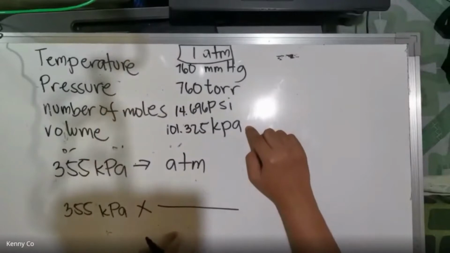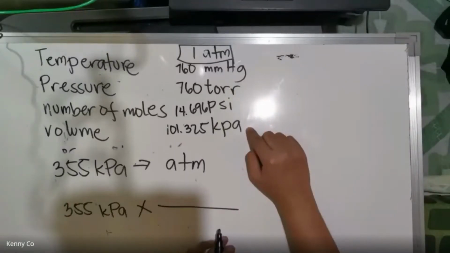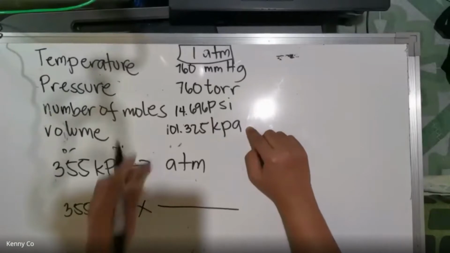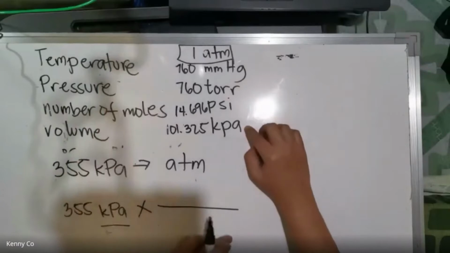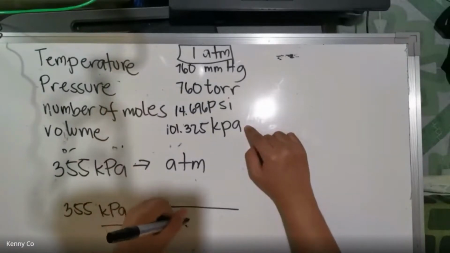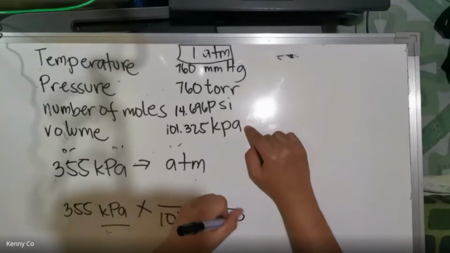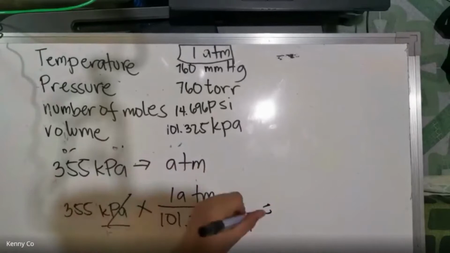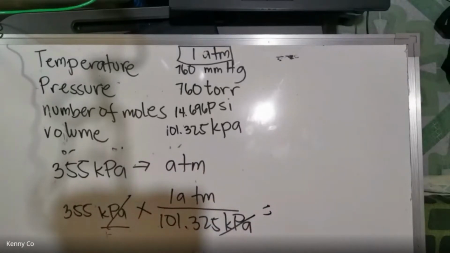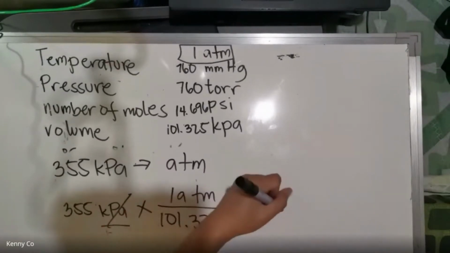Sino ang ilalagay natin sa denominator? Si kPa. Okay. Our denominator, yung unit niya, ay dapat the same din sa given para ma-cancel. So, 1 atm, 101.325 kPa, ang lalagay natin sa denominator ay yung kPa. At sa taas, yung hinahanap natin, 1 atm. So, cancel kPa. So, 355 divided by 101.325, times 1, this will be equal to 3.50